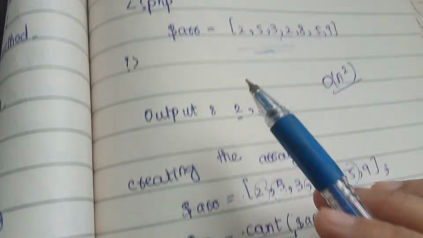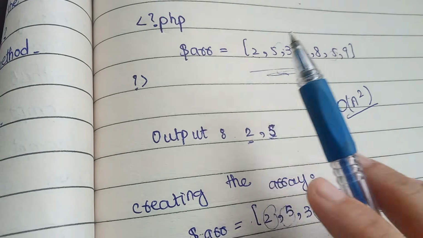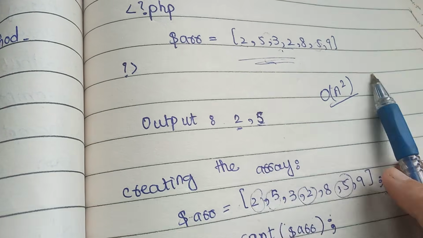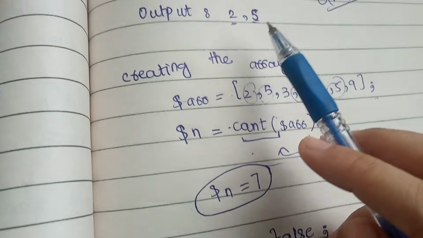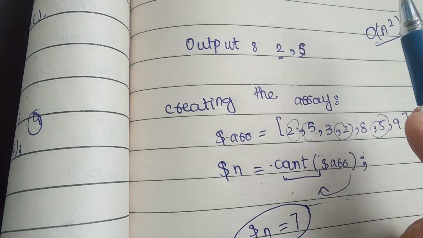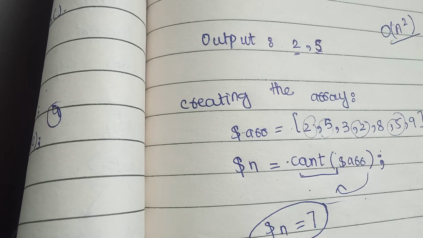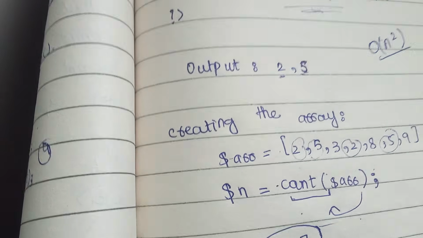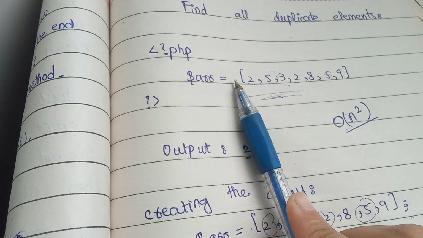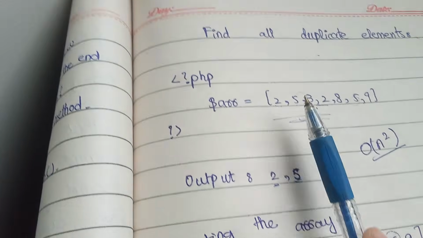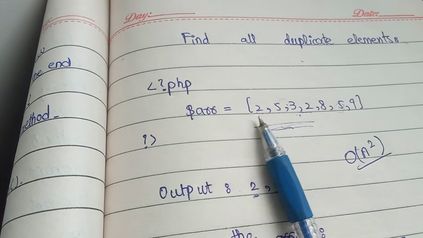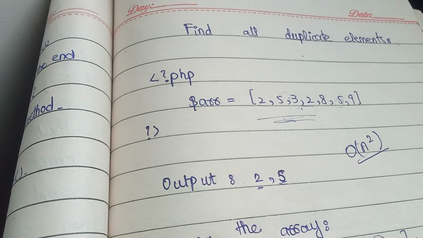So the conclusion is that we learned how to find duplicate elements in PHP, how a nested loop works, why we use the $alreadyPrinted variable for printing the duplicate elements, and how the continue statement avoids printing the same element. I hope this tutorial will help you understand the logic behind finding duplicate elements in the PHP language. Thank you so much for watching this video.